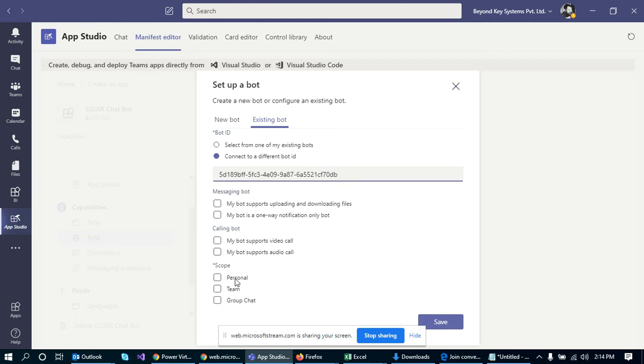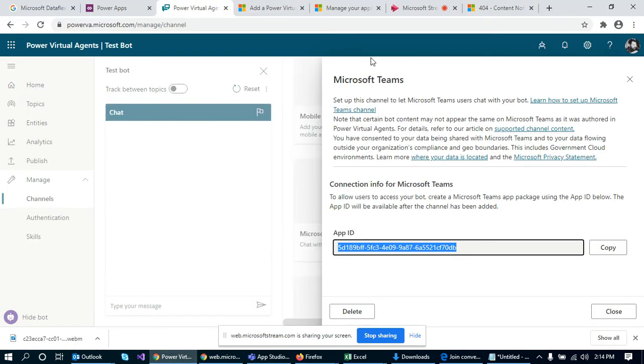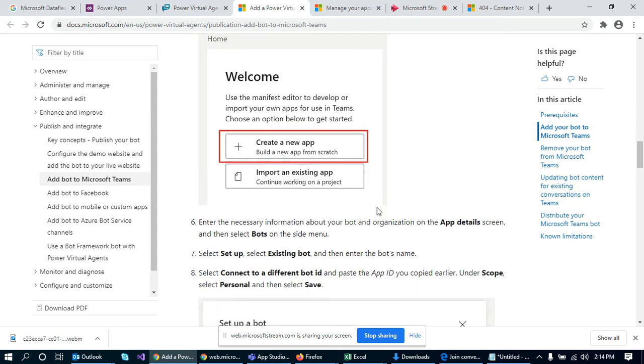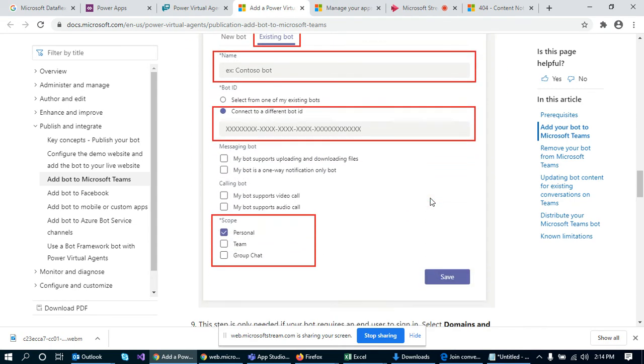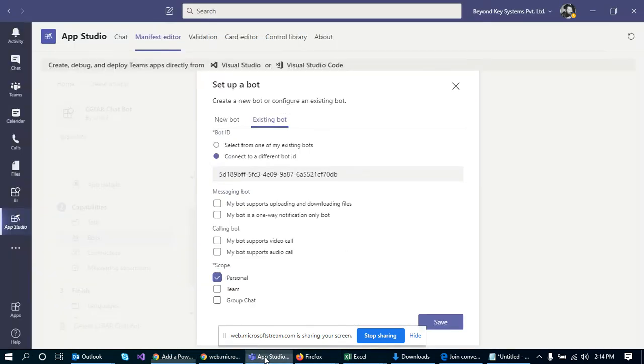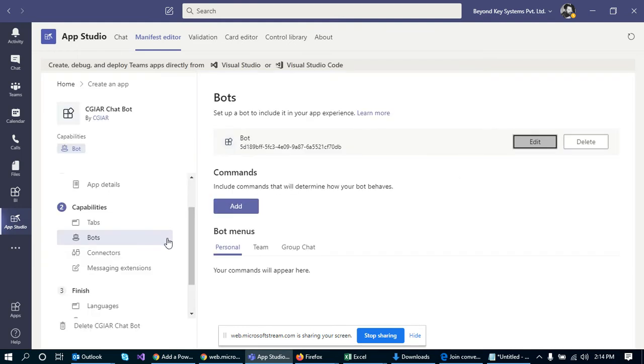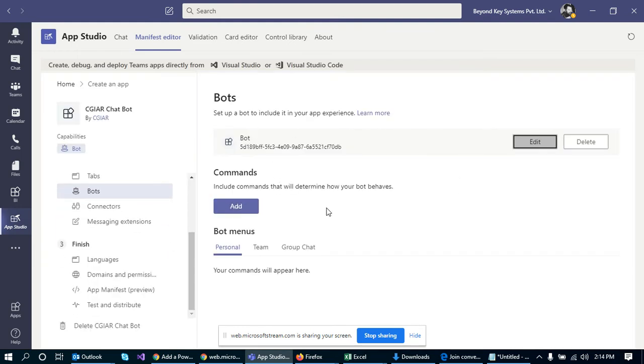Just to let you know, currently the scope of the bot can be set as personal only if we are using the Teams channel. That is mentioned by Microsoft, so that's what we are following now. We'll go back to Teams and click on save. Now our bot is configured.